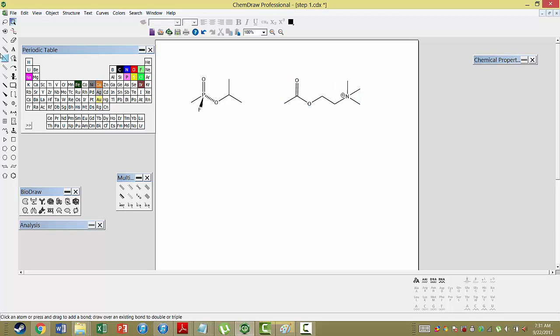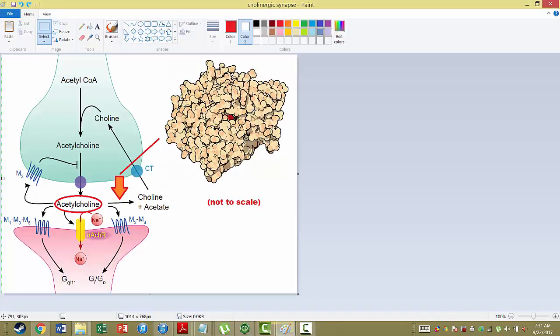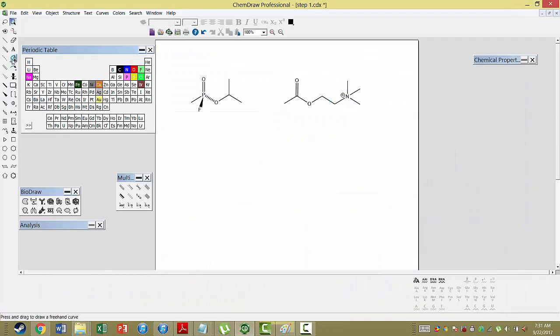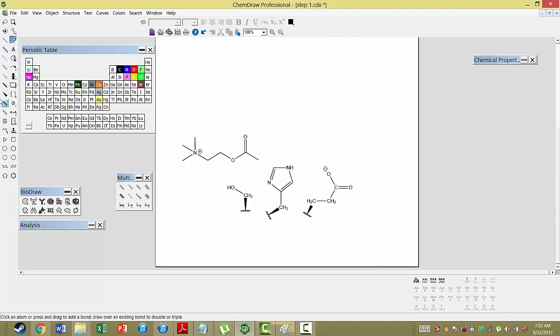And the thing that degrades it is this enzyme, acetylcholinesterase, this big globby thing right here, again, not to scale. And what this does is it basically just cuts this bond right here. The acetyl group leaves as acetic acid, and this choline just gets recycled, and you're all good. So let's look at what happens normally, when you're not getting killed by sarin.